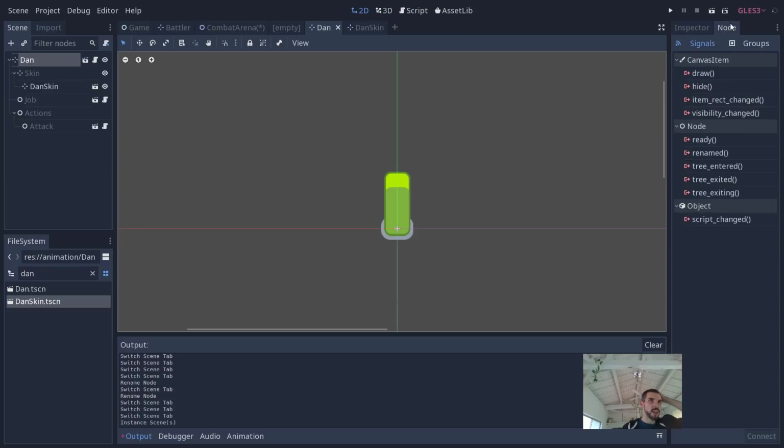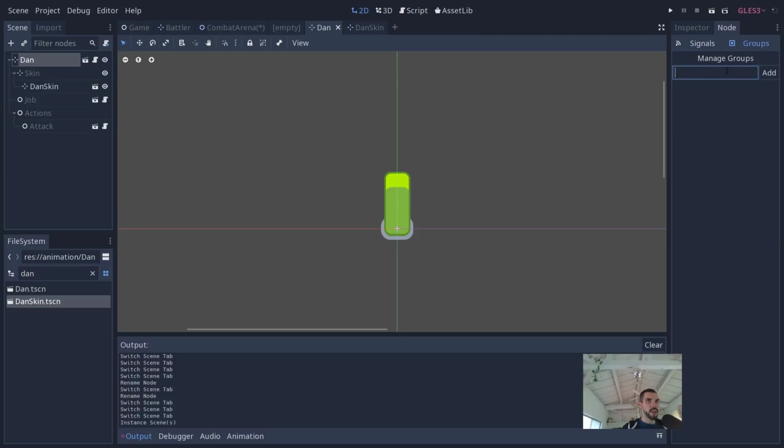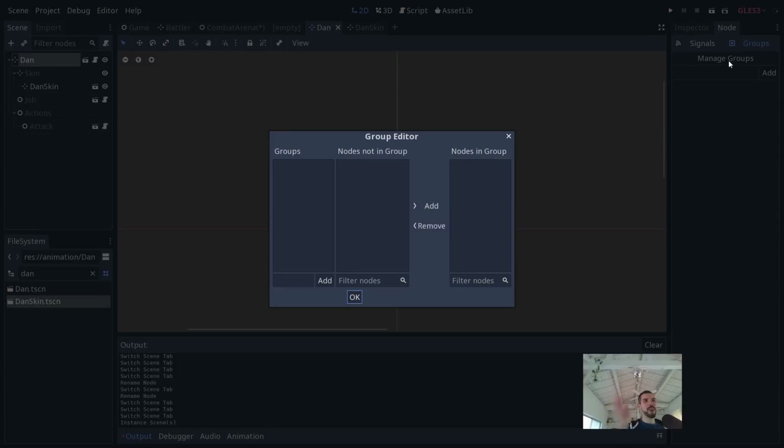Where is the node tab? It's right there. Groups. And there's a finally. I didn't know it was in Godot 3.1. Finally. This is really good. Okay, so we're going to have party. And it's going to be a global list. This way we have access to it in the menus, because the thing I was wondering is,